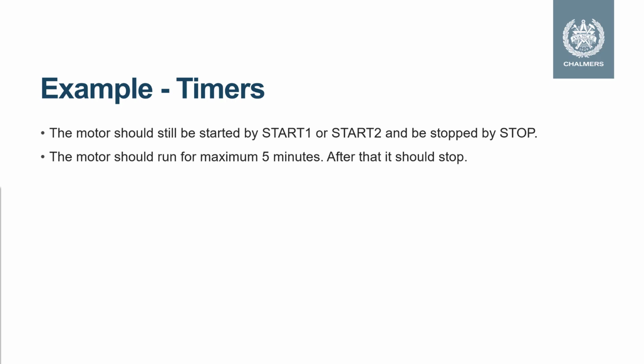I have a motor that is started by either one or two start buttons, start 1 and start 2, and it's stopped by the stop button. But now I will add a timer that makes the motor run for a maximum of 5 minutes before it